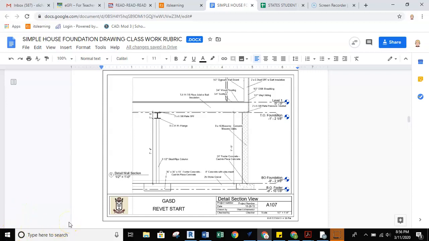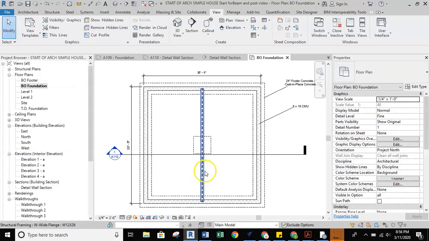Okay, in this video, part 2 of the simple house foundation drawing, we're going to go ahead and add a pipe column underneath of our steel beam and on top of our concrete pier footer. So what we're going to do is go right into Revit, and we're going to take a look at where